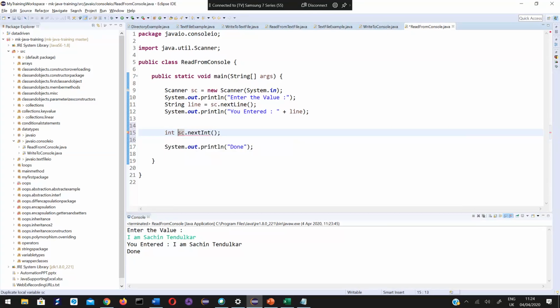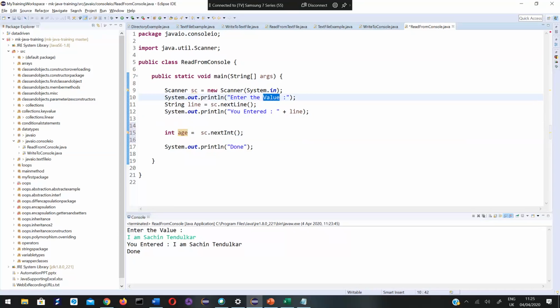When any method returns an integer value, you need to store it in an integer variable only. Let's say, int age equals nextInt.